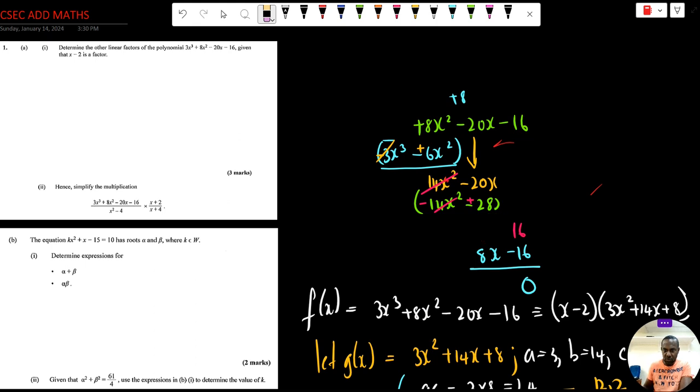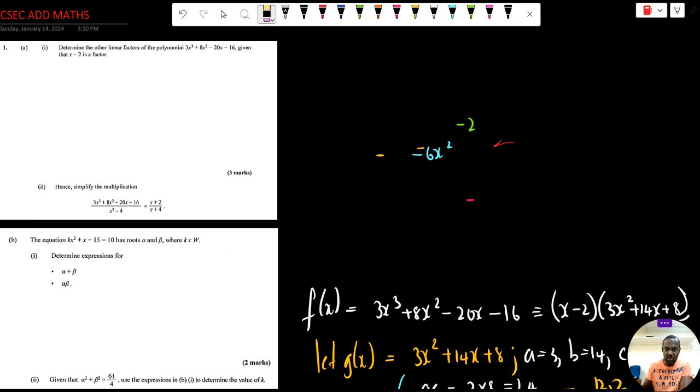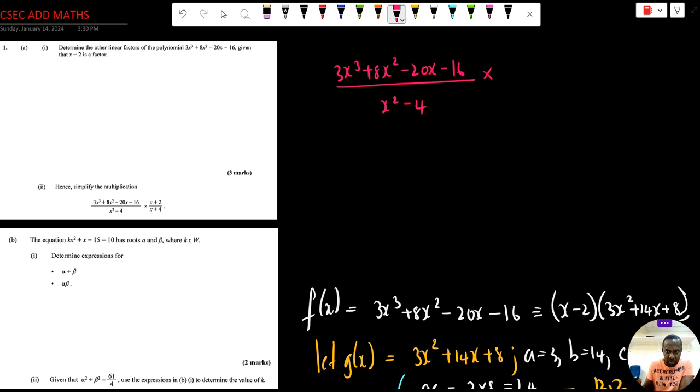All right, so having factorized our cubic polynomial, we can now proceed to doing this part of the question which they want us to prove. So what do they tell us now? They tell us that hence, simplify the multiplication, 3x cubed plus 8x squared minus 20x minus 16 over x squared minus 4 times x plus 2 over x